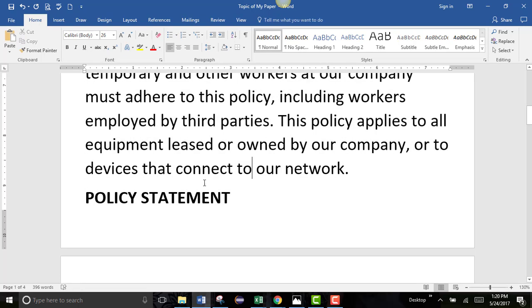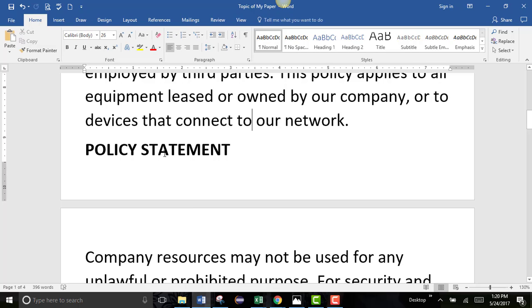Okay, so we have this scenario here where the policy statement, the heading for this paragraph, falls on this page, and I don't want that. I want it to stay with this paragraph. Now, there's other ways to do this, but one easy way to do this is to insert what we call